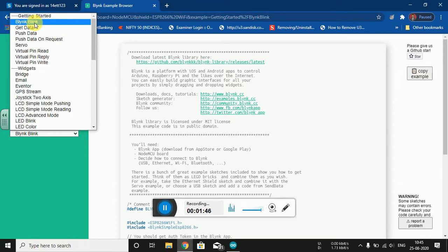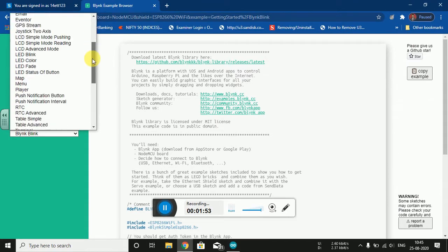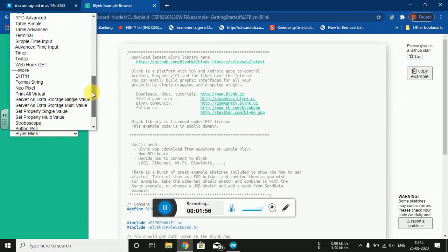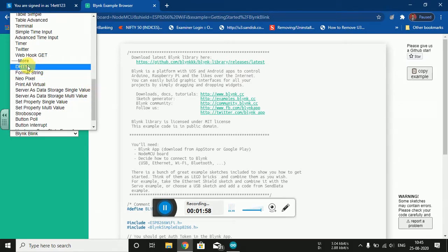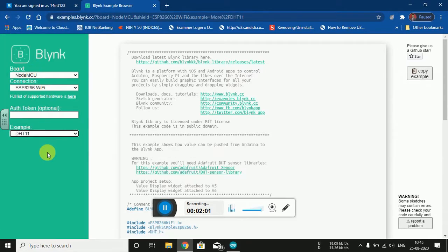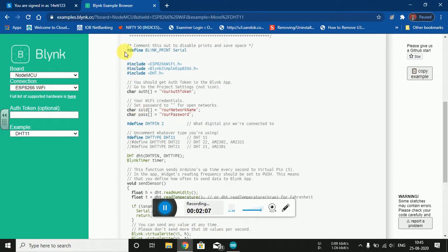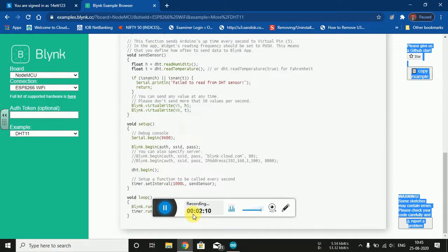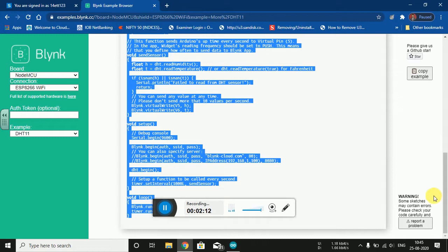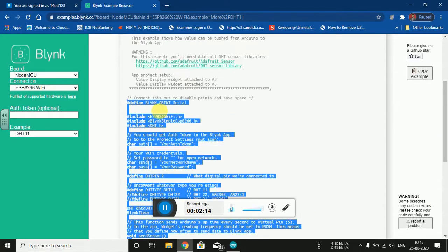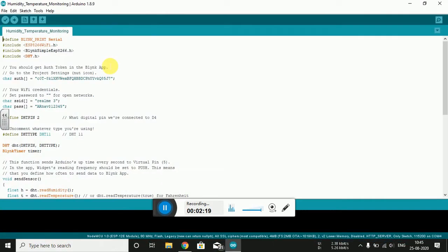Now I need to get certain data from this sensor onto my development board. So I'll have n number of different options. Take an example: currently I am going to use this DHT11. If I select the DHT11, the associated code you simply copy from this particular cloud environment. Now suppose I am taking this particular code, and what I need to do is go to the new.